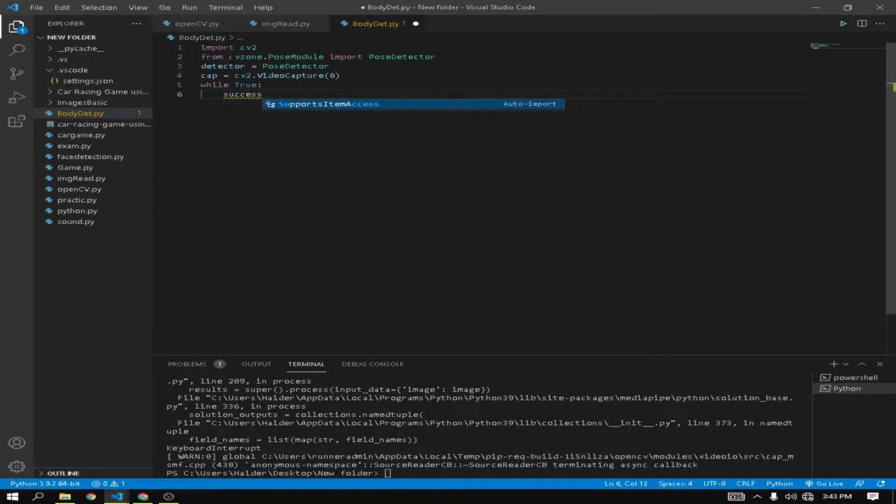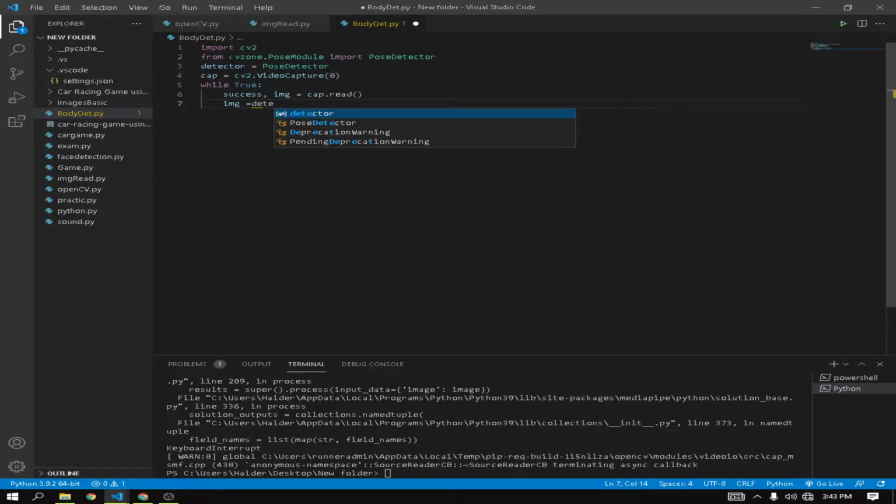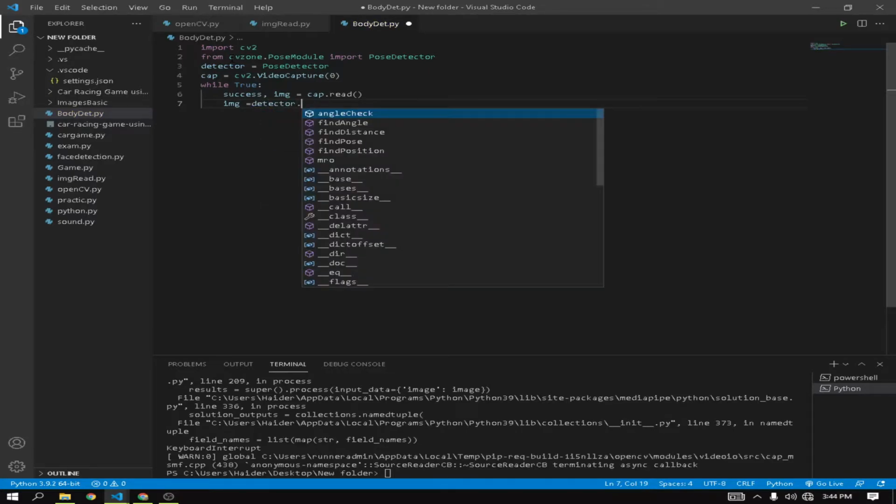Once we get the frame from the webcam, then I will send these frames to find the landmarks of our body. Before the landmarks, we need to read and save the frame in an image variable, and then we send these frames, which we get from the webcam, to find the landmarks of our body.